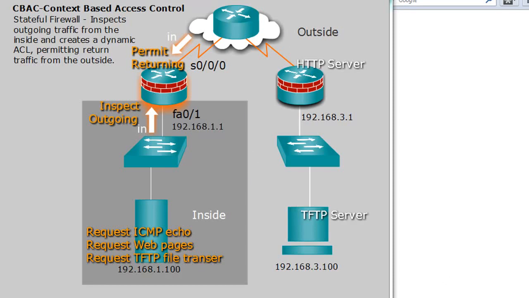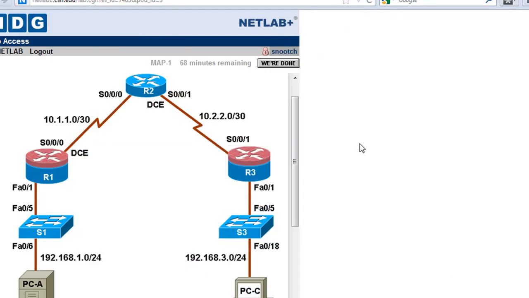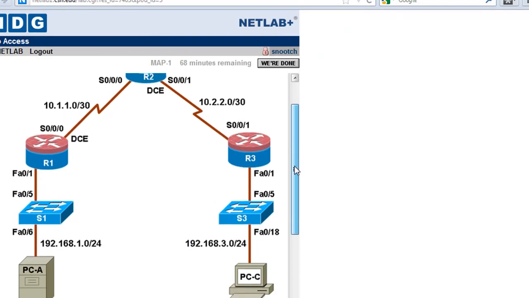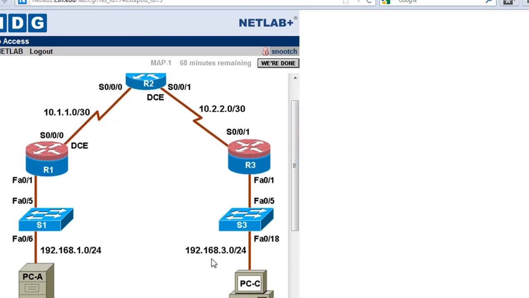Okay, let's set this up. So I'm going to close this, and you can see here that I have a NetLab connection, and here is the same scenario. There's our PC at 192.168.1.100, and here's our PC at 3.100, and we've got three routers here. We're going to be configuring CBAC, or context-based access control, on R1 over here, and we'll have to create